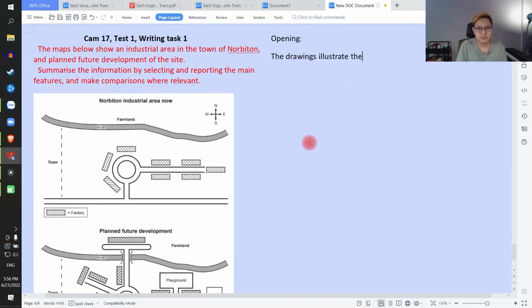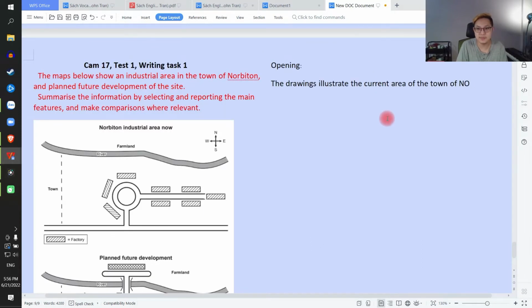Illustrate the current, bây giờ là current, hiện tại. The current area of the town of Norbiton,